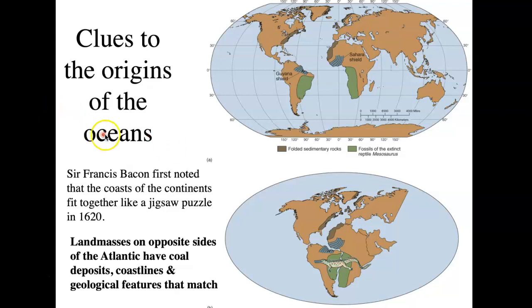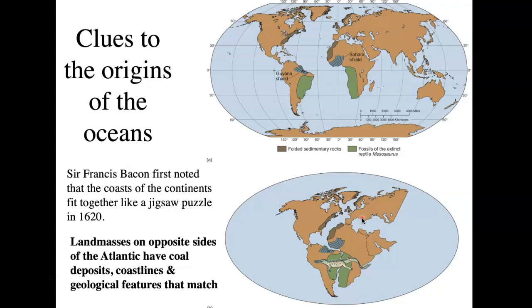Some of the clues to the origins of our oceans originally came from Sir Francis Bacon. He was the first one to note, and I'm sure you've heard this many times, that the continents look like a big jigsaw puzzle that would have fit together at one point in time. And when he started looking into this, over many, many hundreds of years,